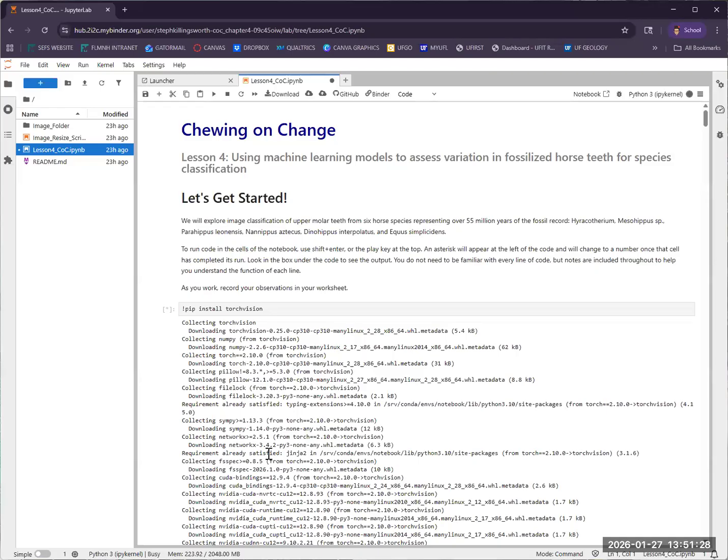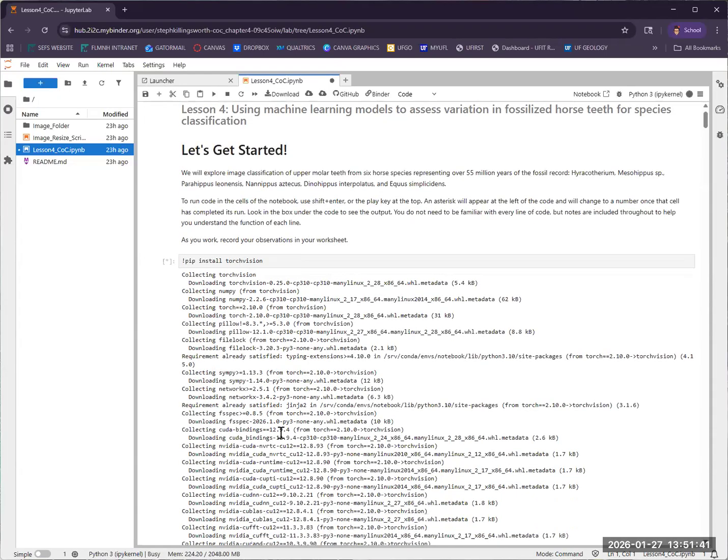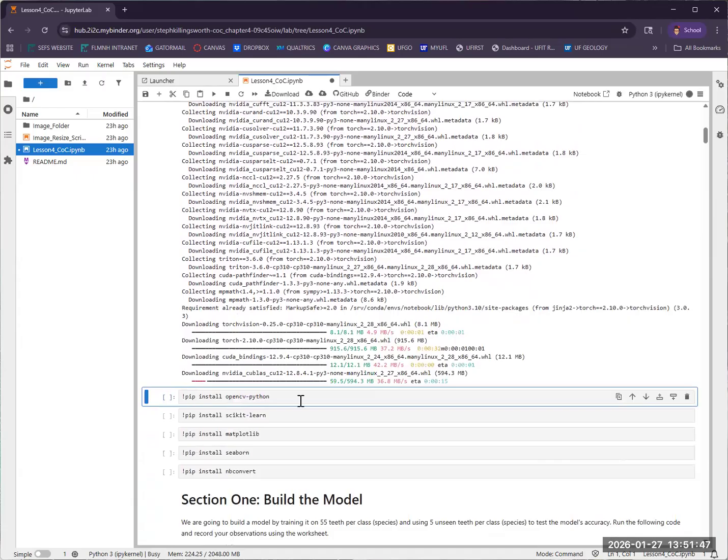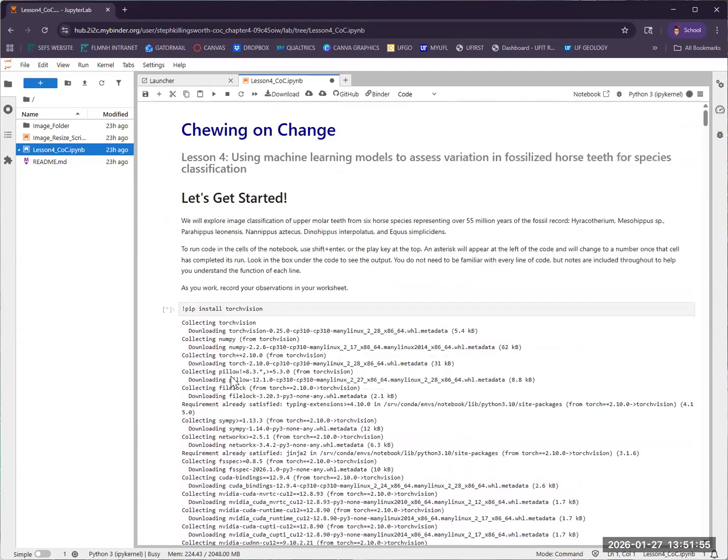There are a few spots within the code that will take a few minutes to run. Installing the packages like Torch Vision here is probably some of the more timely aspects. This will take about 5 minutes to install. It's literally putting all of the necessary portions of the package into this server so that you can run the code efficiently. The other pip installs are fast, but Torch Vision up here, the first one, will take some time,